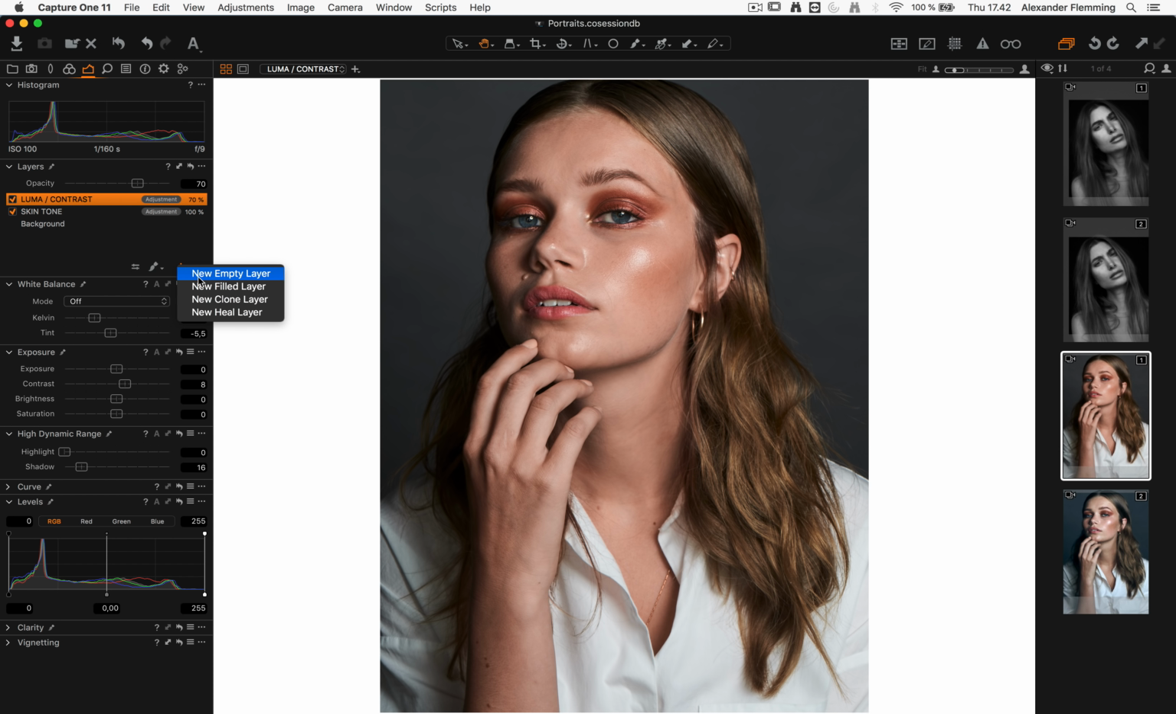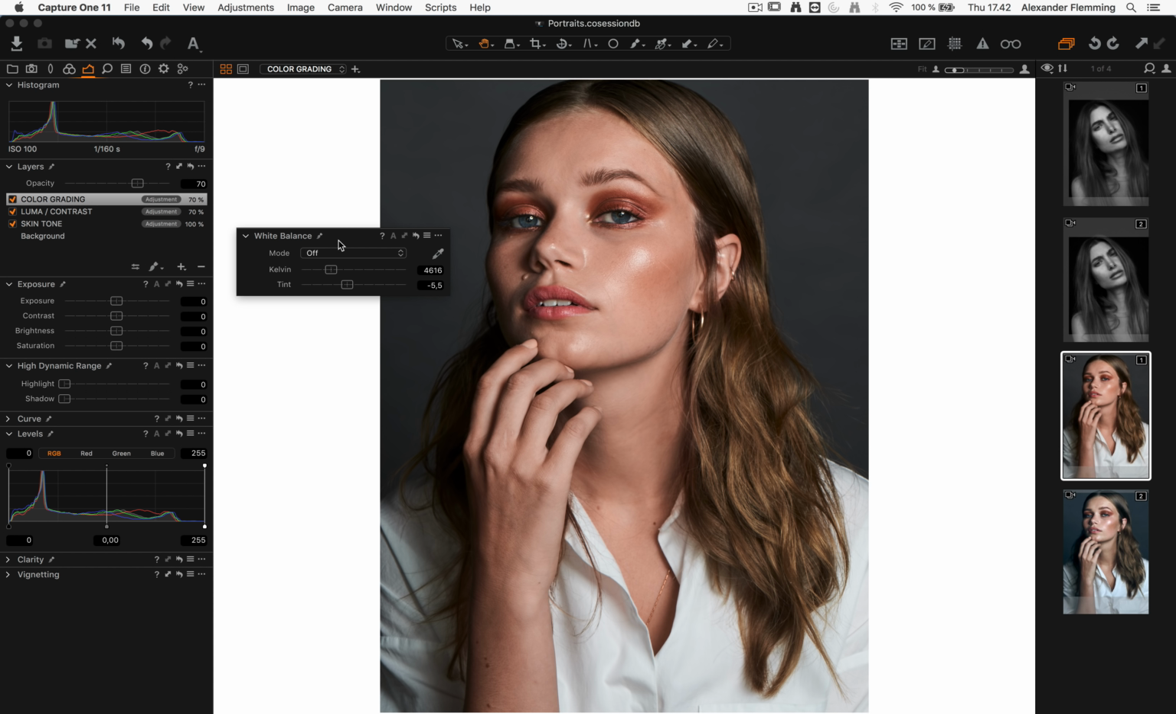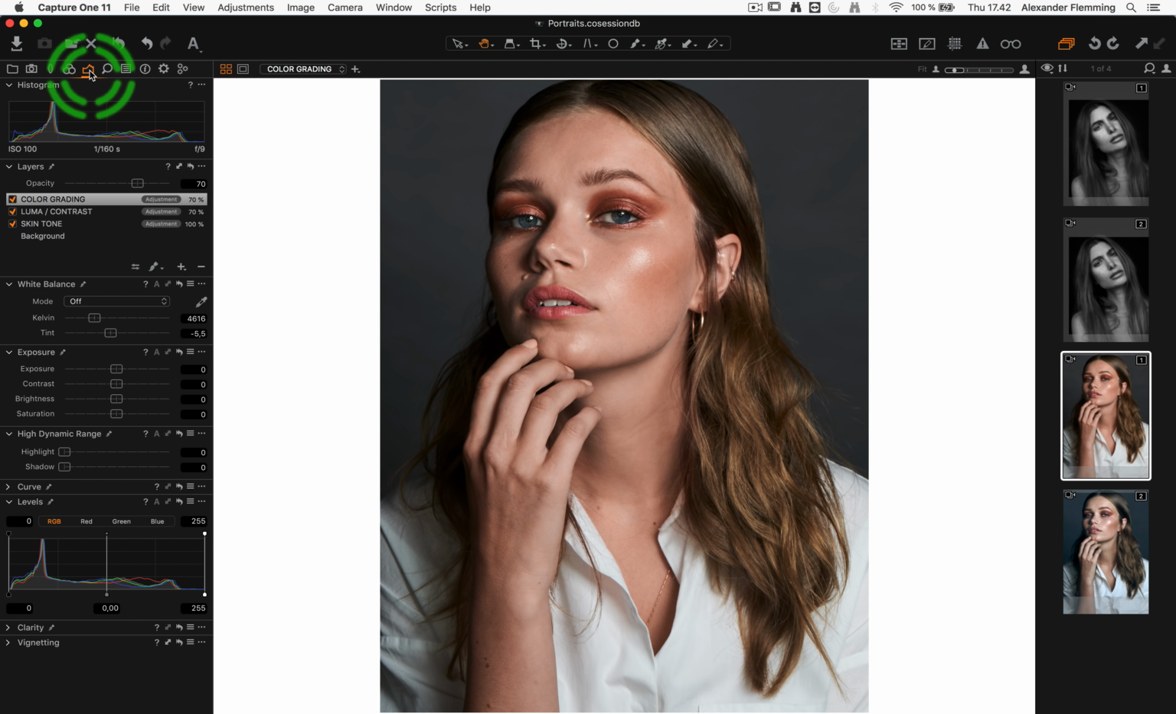So again, new filled layer, color grading down to 70. And for this, I'm going to start with the white balance. I'm sorry about my white balance being in the exposure tab, but I use it so often with the other stuff here that I simply drag it out from the color tab and put it back in the exposure tab. But if I drag this down, not too much, there we go,